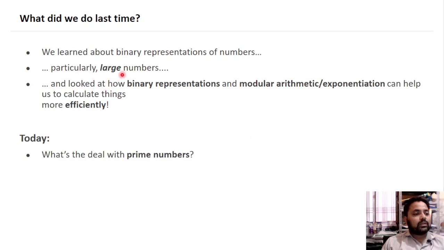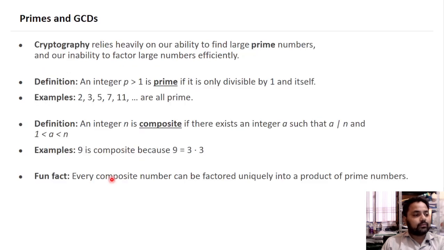We learned about the binary representations of numbers, particularly large numbers, and looked at how binary representations and modular arithmetic exponentiation can help us to calculate things more efficiently. And now, what is the deal with prime numbers? Cryptography relies heavily on our ability to find large prime numbers and our inability to factor large numbers